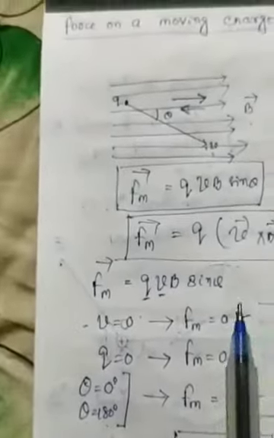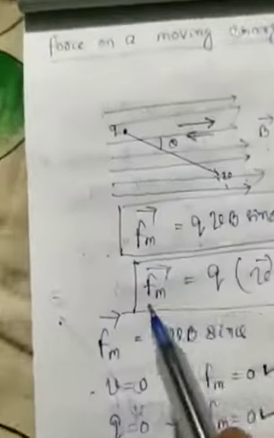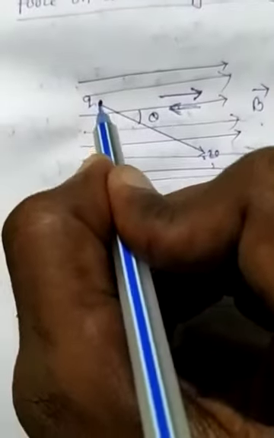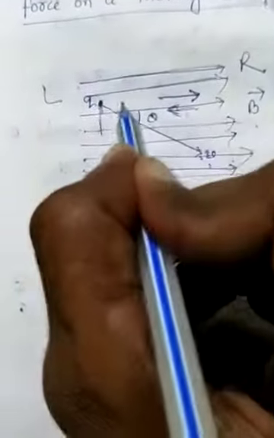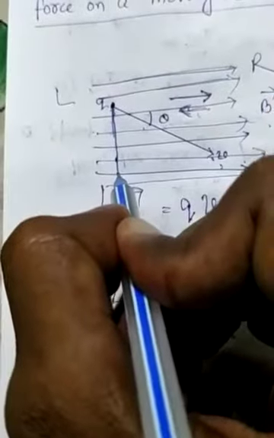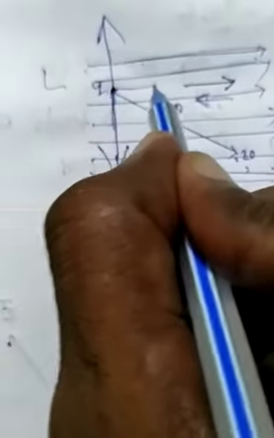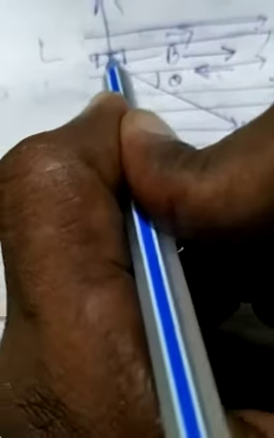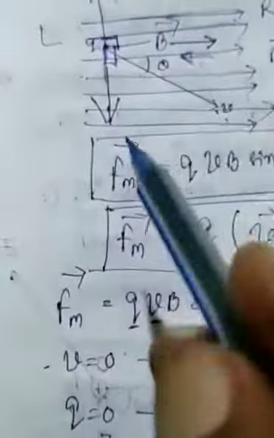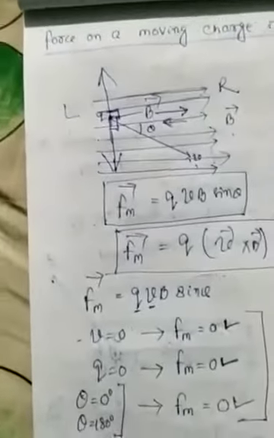So whenever a charged particle is placed in a magnetic field, and if the charged particle goes perpendicular to the magnetic field, say the field is from left to right, and the charged particle moves top to bottom or bottom to top, the angle between the direction of magnetic field B and the velocity is always 90 degree. At that time, a force will act upon this charge Q, and this force is called the magnetic force.